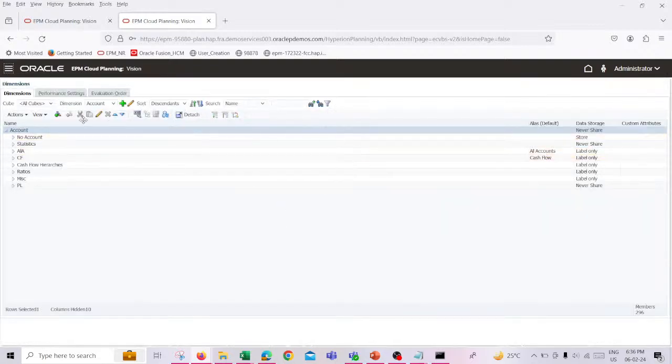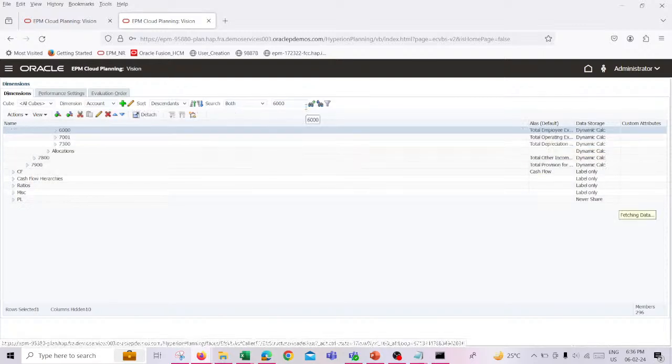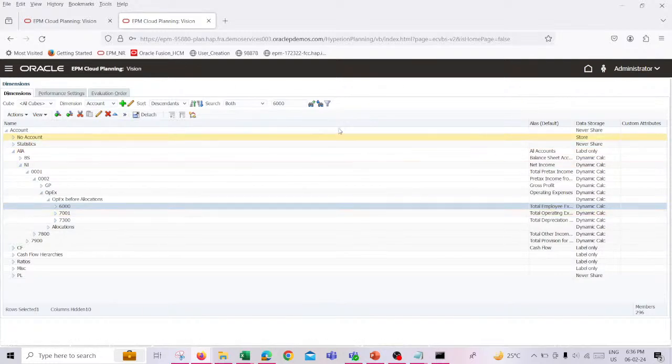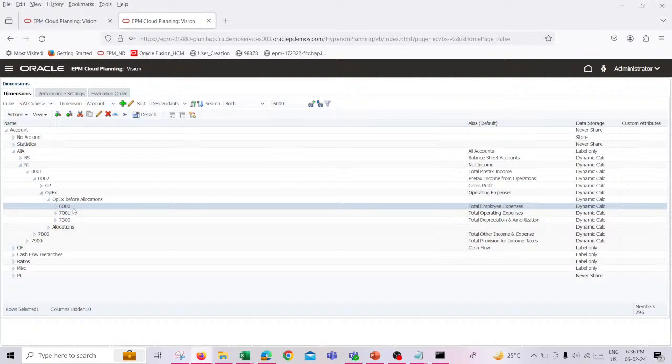In the account section, as I can see, my total employee expenses, or you can say total salary expenses, 6,000. I'm going to assign it with the